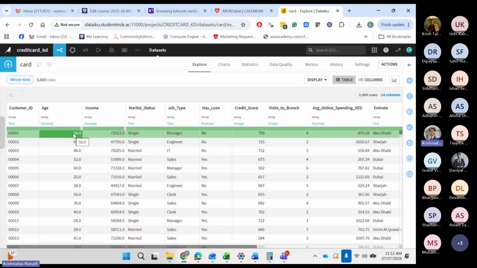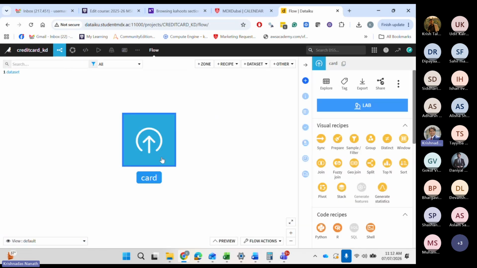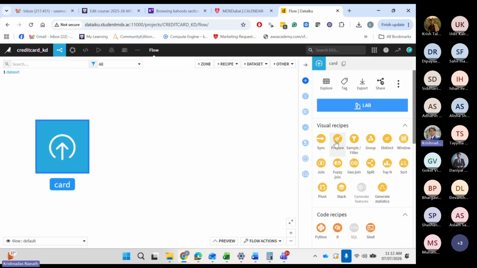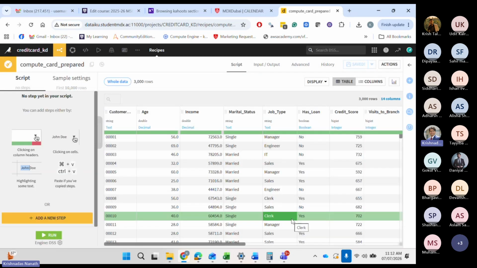That becomes important if you're considering those variables as important variables. We'll do that in the prepare recipe itself. So let's come back to the flow and go for the prepare recipe for the card. We will name it card prepared, or whatever you want to name it. And let's get into the prepare recipe.